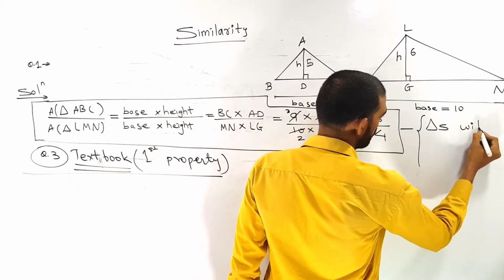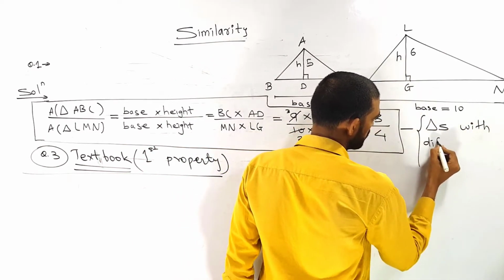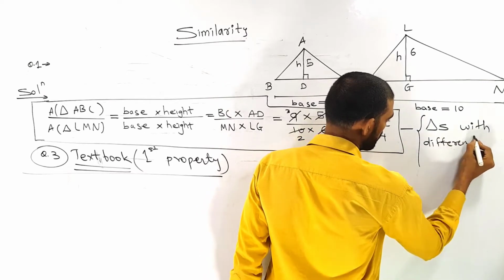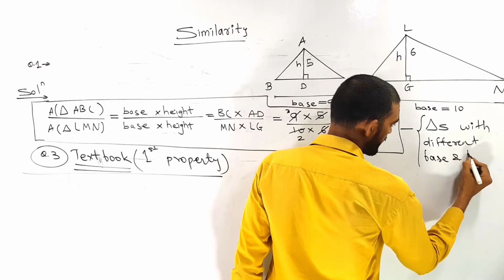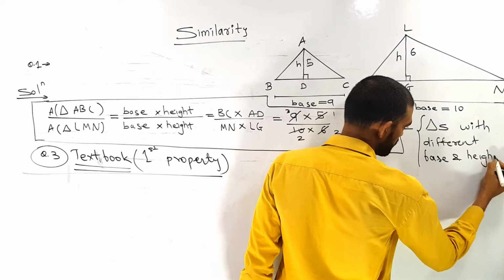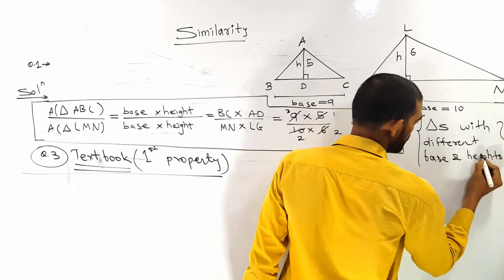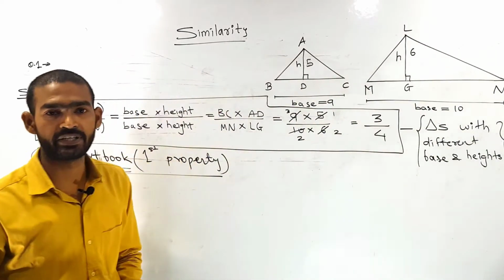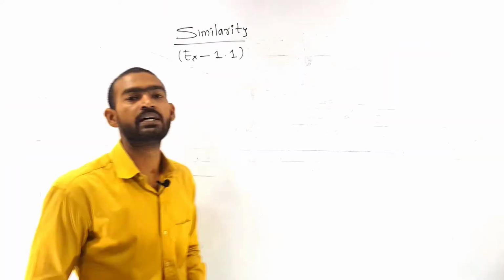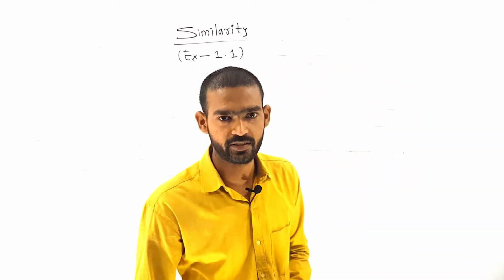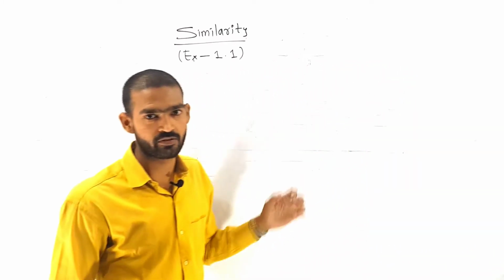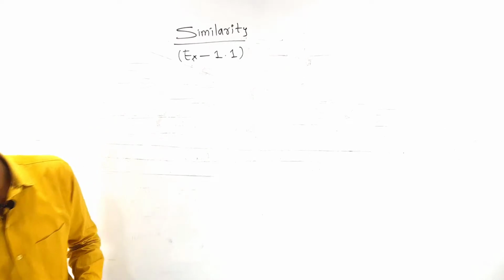Triangles with different base and heights. This is your first property. Clear students? Today we'll see second question of your first exercise of similarity chapter. The question is,